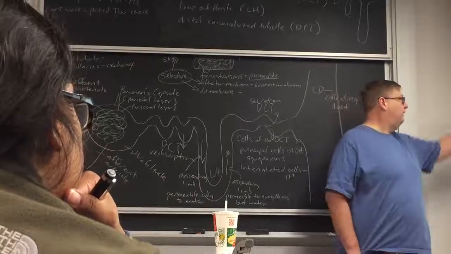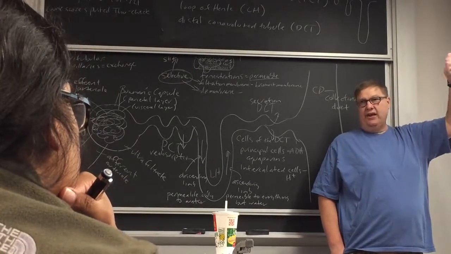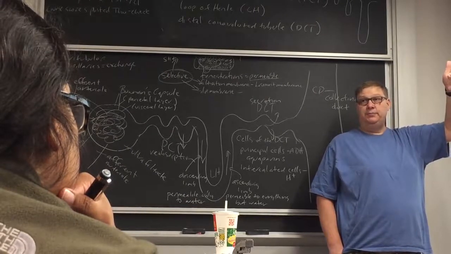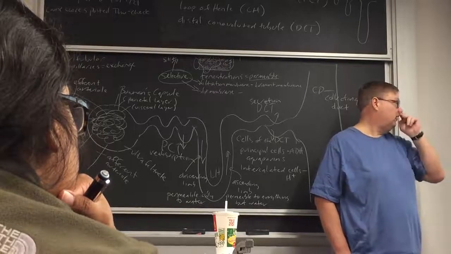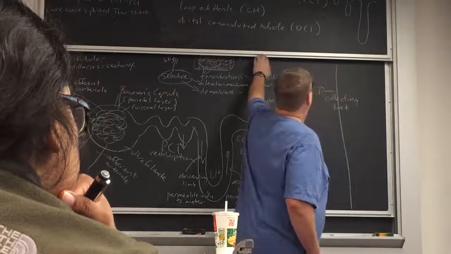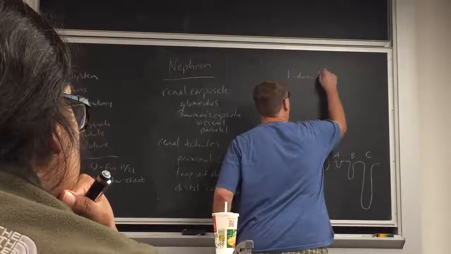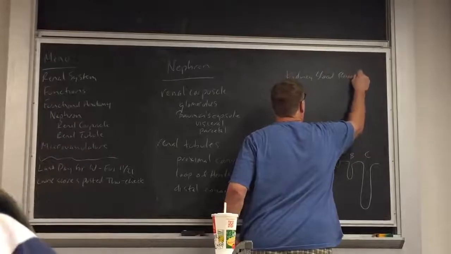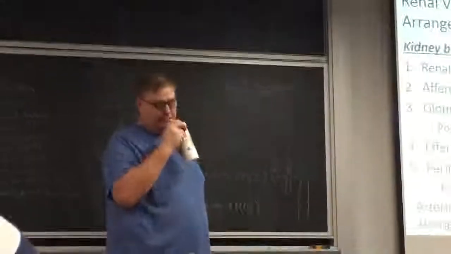How much gets filtered? Of 100% in the afferent, about 80 or 85% comes out the efferent, right? Which means, where's the other stuff? It became ultrafiltrate. Does that make sense? So, as an example, not a bad estimate of kidney blood flow is about 600 mils per minute. Not a bad estimate of how much blood flow goes through the kidney. So it's about 10-12% of your cardiac